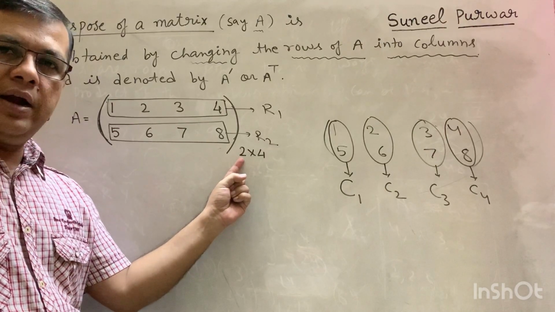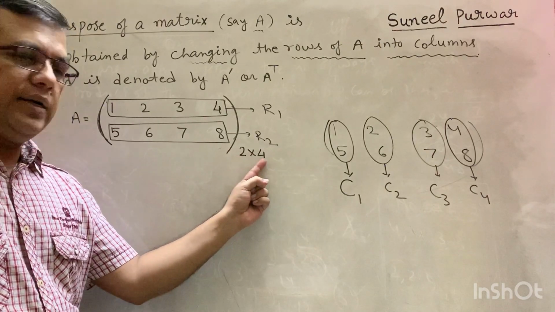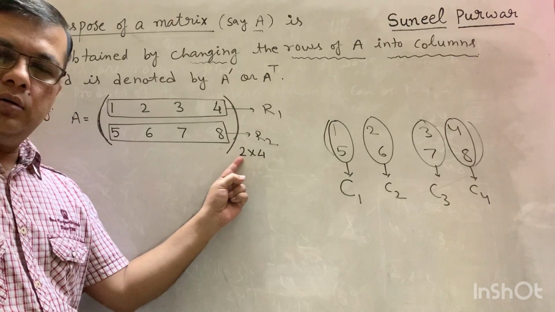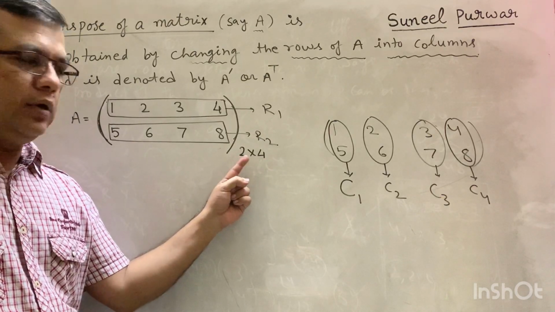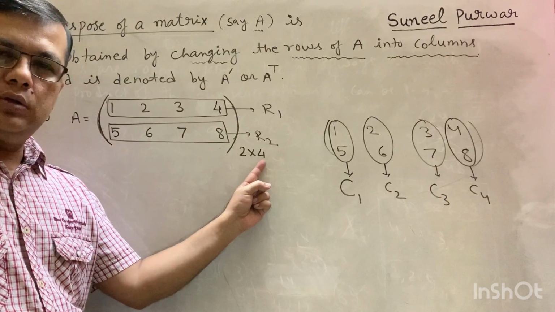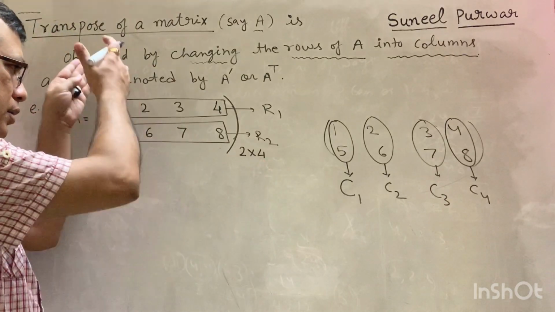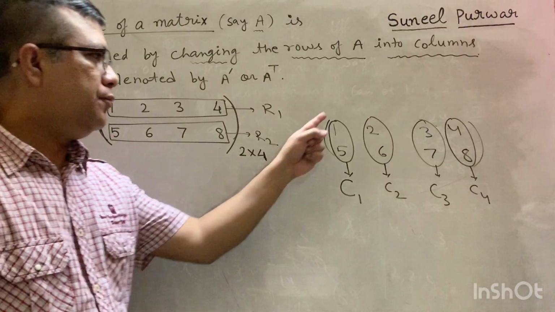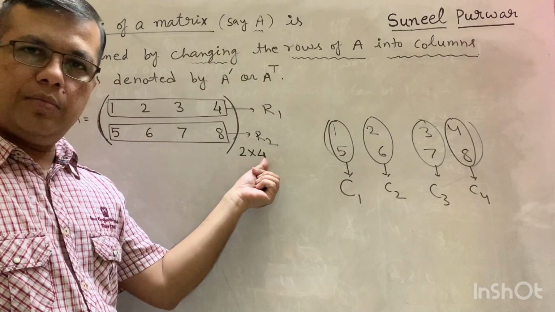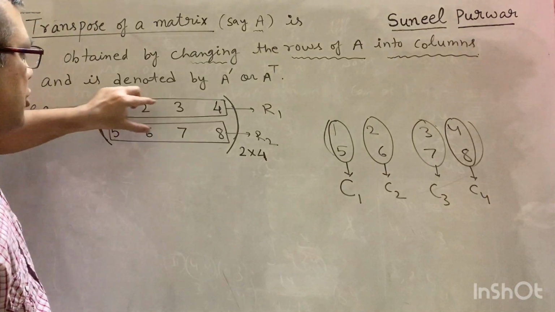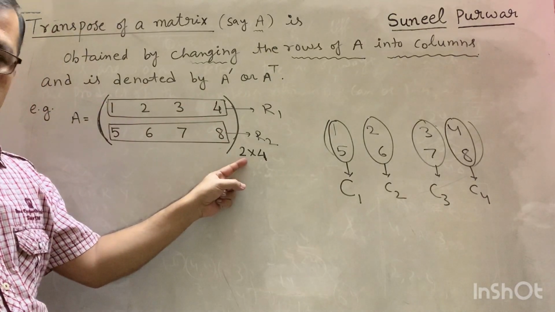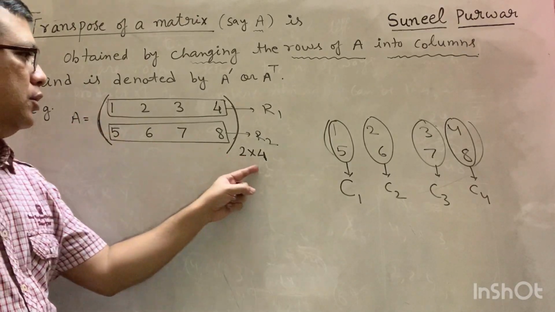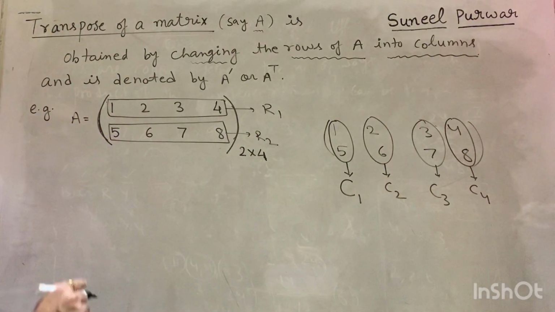In the first place we write the number of rows, and in the second place we write the number of columns. Repeat: the first number signifies the number of rows, and the second number denotes the number of columns in the matrix. At present in matrix A there are 4 columns, so this is the number for columns, and matrix A has got 2 rows, so the number of rows is written at the first place. So the order of matrix A is 2 by 4.